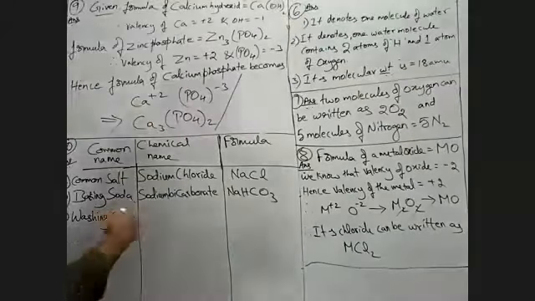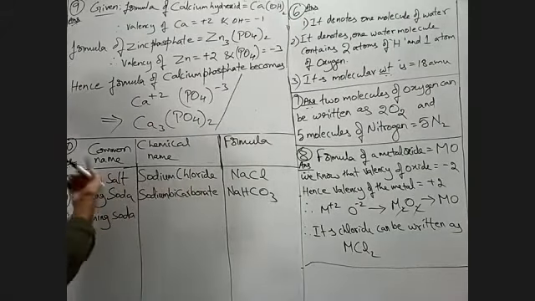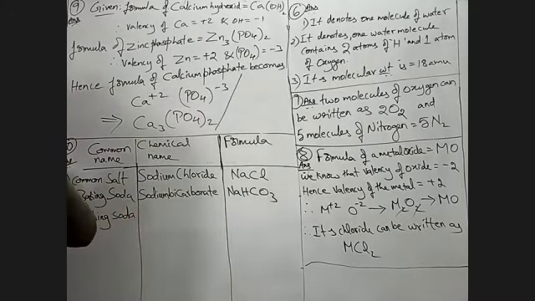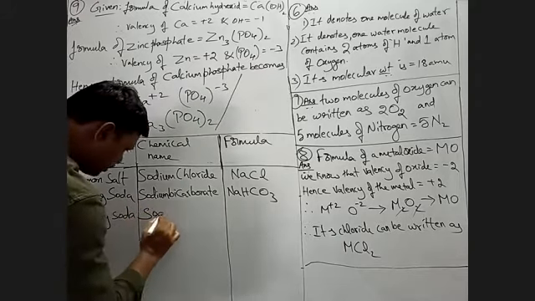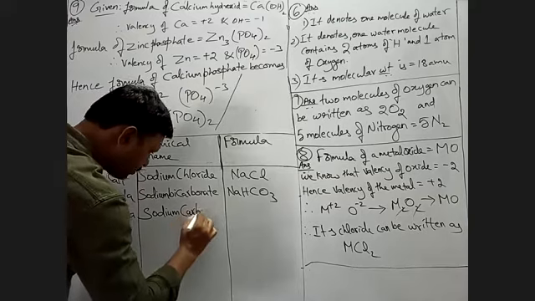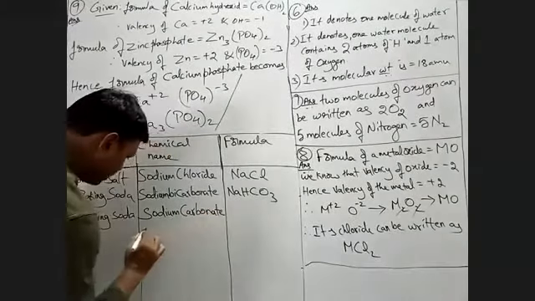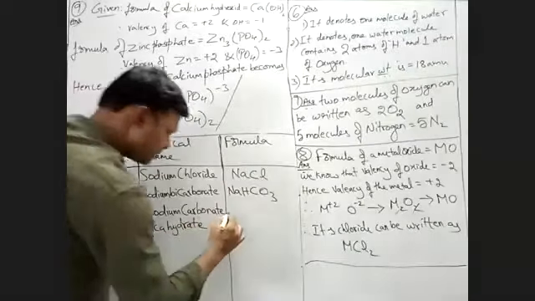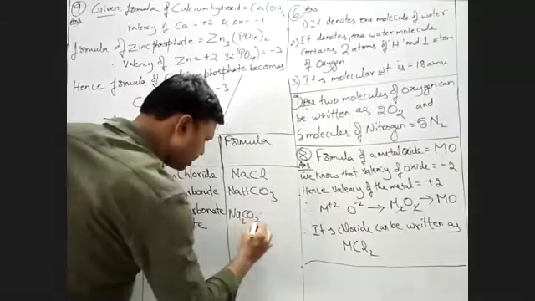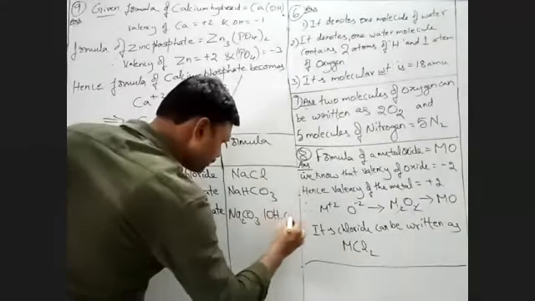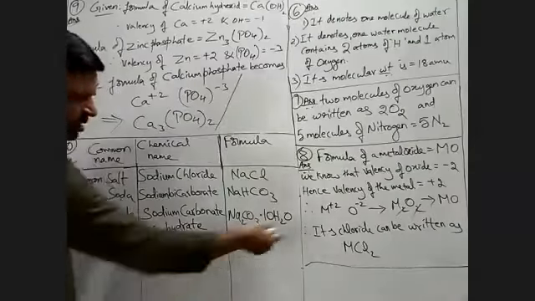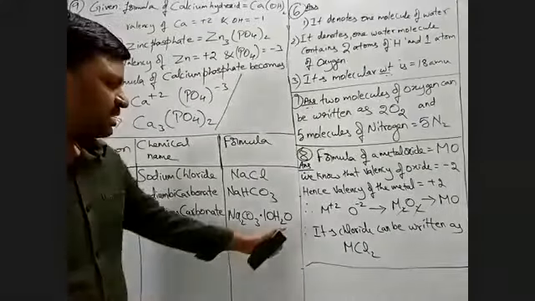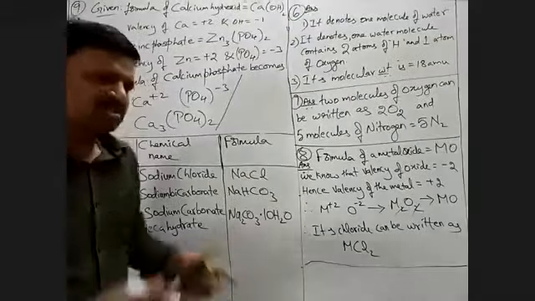Okay, right. Washing soda. It is sodium carbonate decahydrate, which means Na2CO3 10H2O. This is a complex salt because here water molecules are also associated with it. What is the meaning of this 10H2O, sir? How is it associated with the sodium carbonate, sir? You may get a doubt.